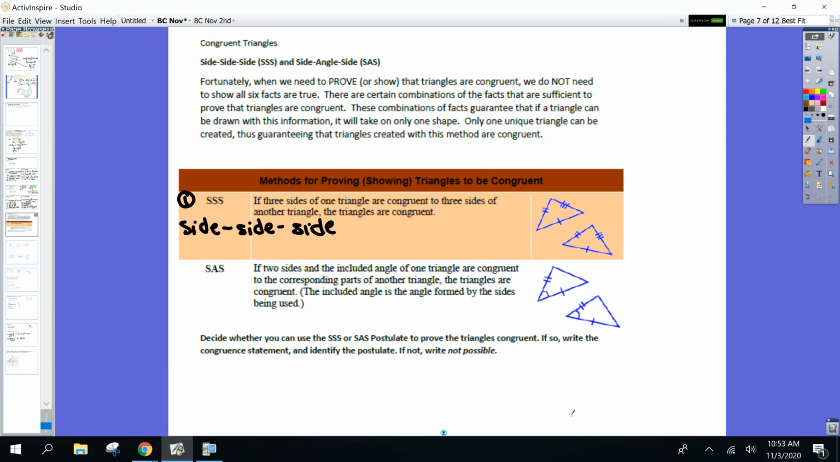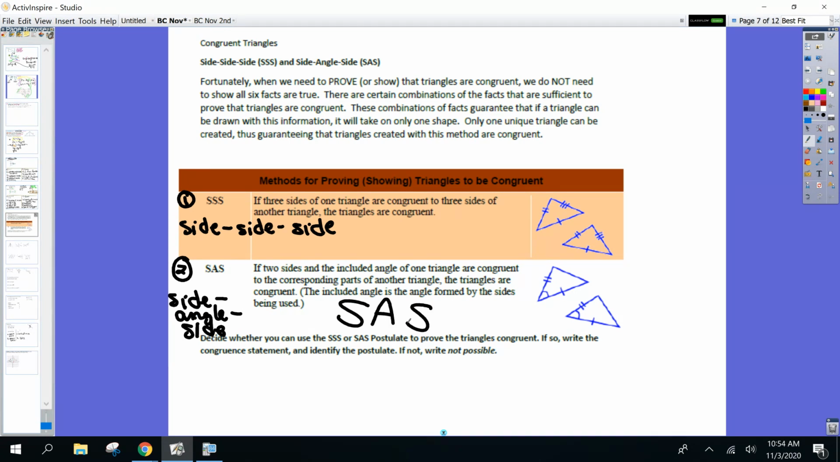You're good. The second and last method we're going to talk about today is SAS. And I know most of you are pretty clever. I'm sure you know this is an abbreviation for side, angle, side. I am going to get pretty fired up about this because you can only use this if you have the following. SAS